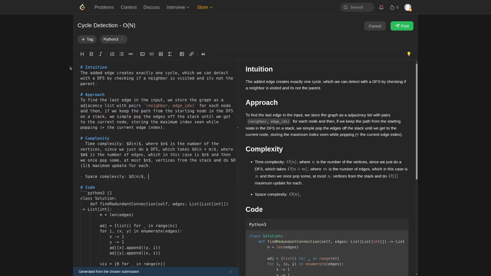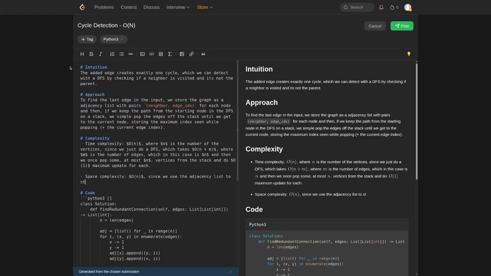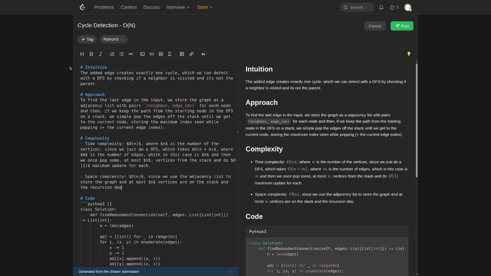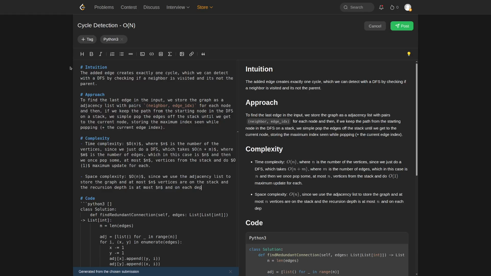Space complexity is O(n), since we use the adjacency list to store the graph, at most n vertices are on the stack, and the recursion depth is at most n, and on each depth we store 2